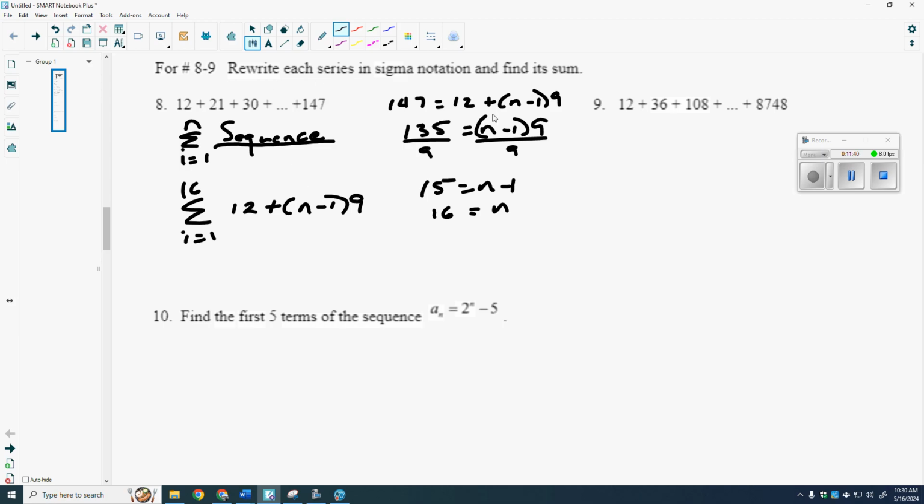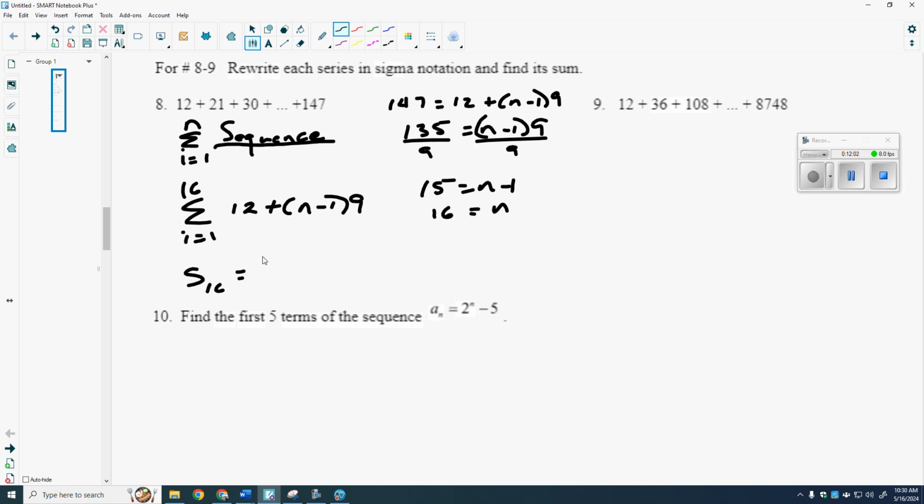And find its sum. So now I switch gears and I go to the sum formula or the series formula. I don't want to have to add 12 plus 21 plus 30, etc. I'm going to use my formula. Formula says take the first term, right? 12